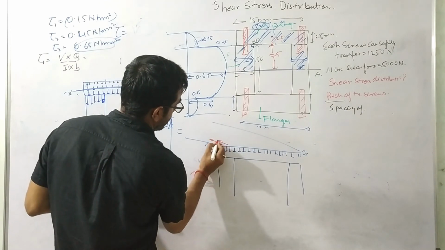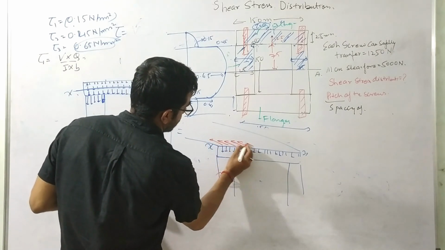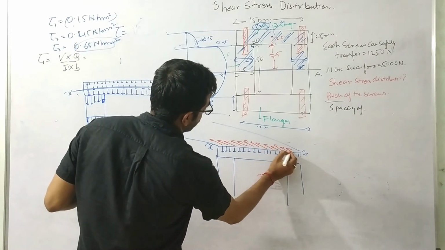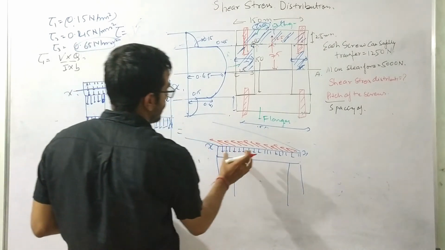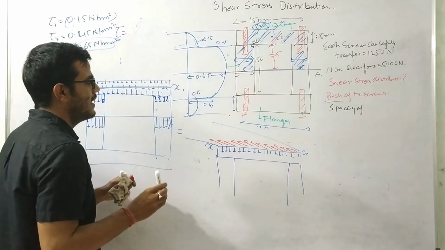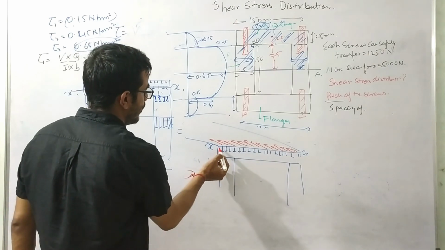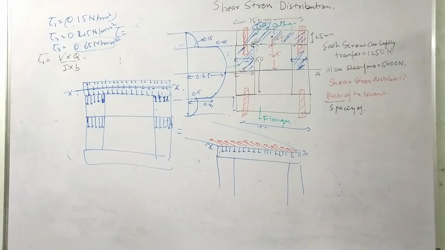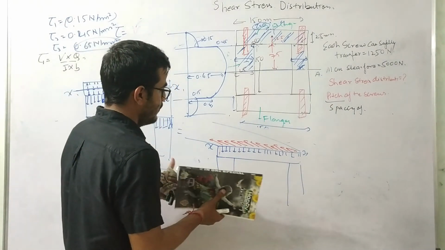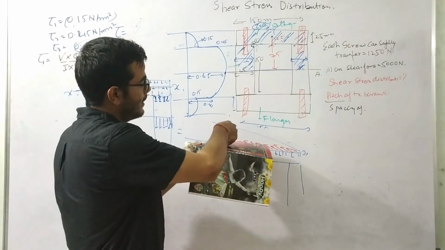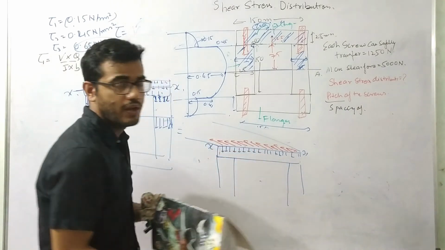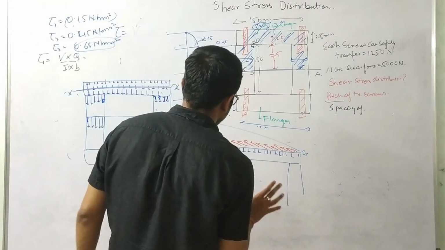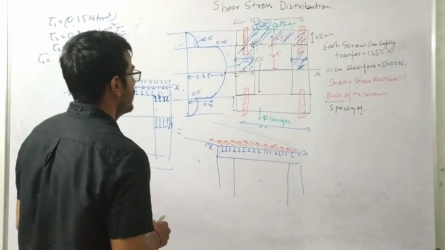So always remember that at this x level, both the stresses will have the same value, but they are acting on perpendicular planes. One is acting on this plane, the other is acting on this plane. Then this horizontal shear stress will be acting like this, and vertical shear will be acting like this. So this covers the understanding of how the shear is acting on the member.